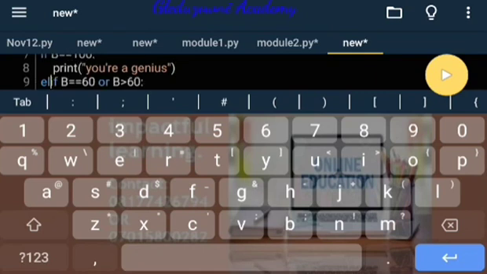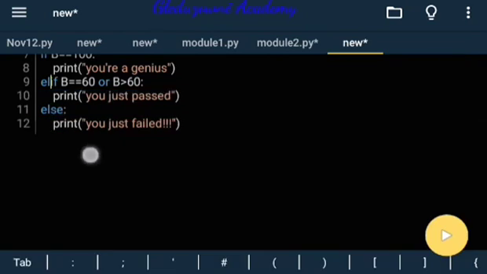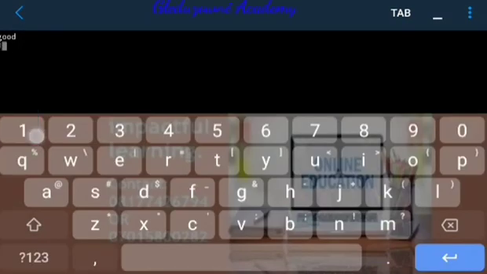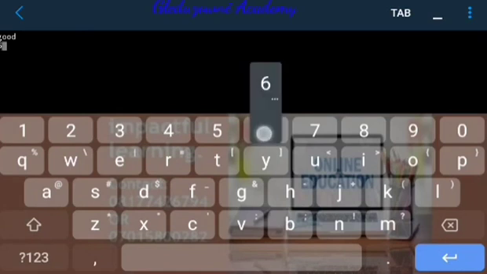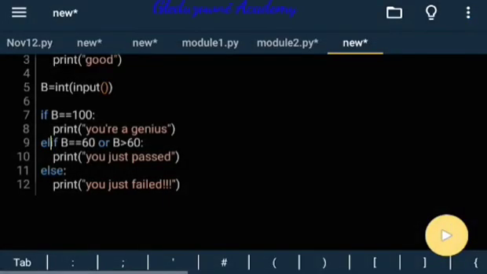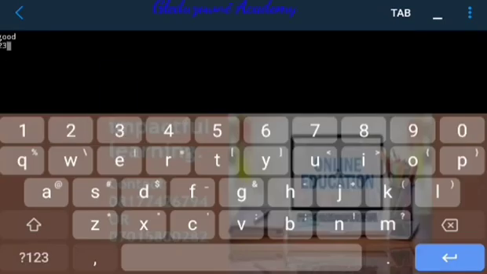So it happens that I've actually corrected that code. So let's see what happens if we execute this. Okay, now it should be able to execute properly. So if we have a student getting 100, what should you do? You are a genius. So if we have a student getting above 60, then it should show you have passed. Let's say 68, you have passed. And then if you have a student getting below 60, so in this case let's say 23, you have failed,